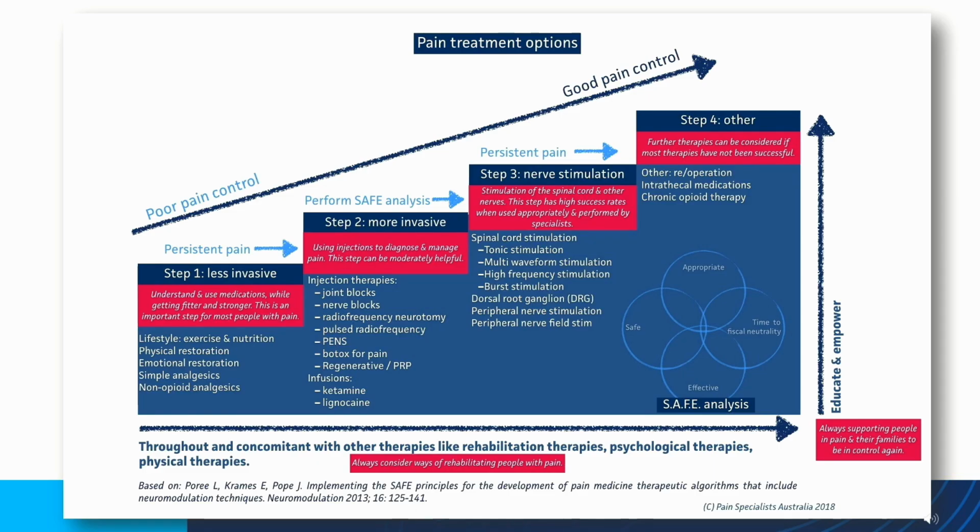Sometimes you might step on to step 2, so some forms of interventional therapies, if and when appropriate, governed by patient and science and how they're getting on with step 1 therapies. Sometimes neuromodulation or nerve stimulation can be considered in some forms of refractory pain, but again, it's not step 1 or 2, it's step 3. And then step 4, usually quite far away. I've just put it there for discussion purposes at a later point. Opioids may be considered at some point, but again, a huge different discussion for us to have.